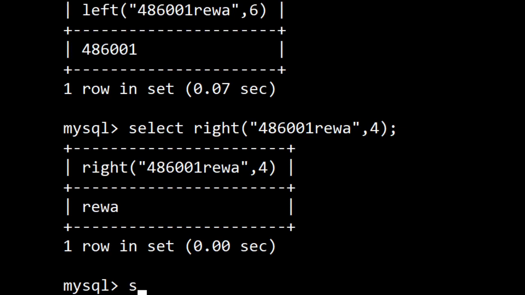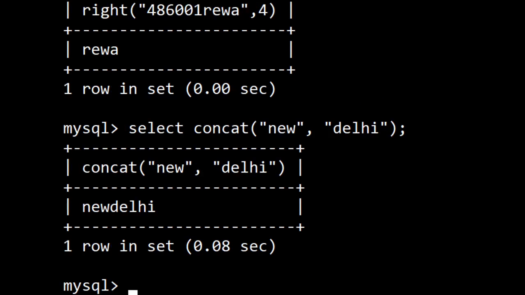Let me try the concat function. Select concat, and here this time I am writing new and comma Delhi. Let us see what comes out. Do not forget a semicolon. It is New Delhi.